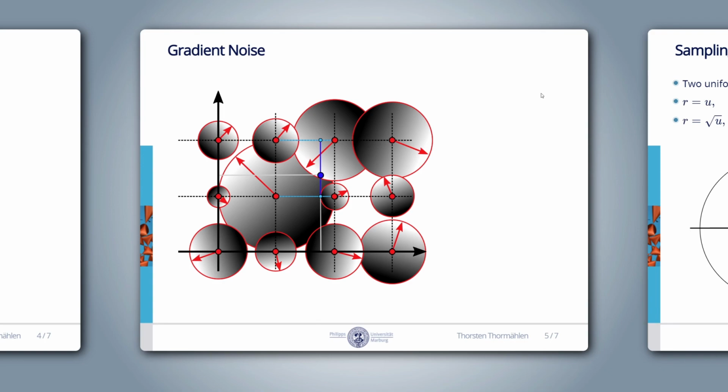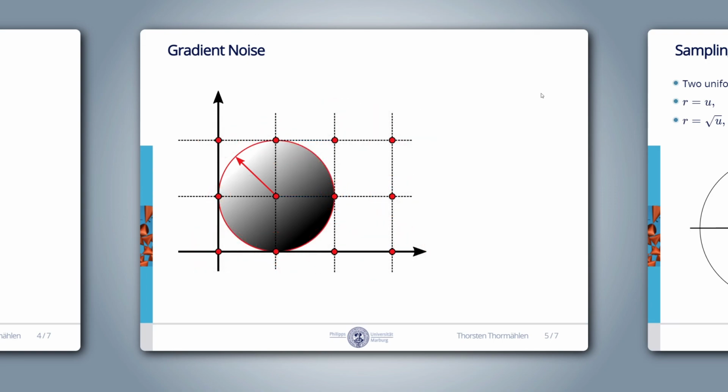How can we compute the gradient vector's influence at each position within the grid? Let's look at a single gradient. For simplicity, this gradient vector that we have selected has unit length. The value of the gradient's influence at each position can be computed with a dot product. The red arrow represents the random gradient vector and the blue arrow is the vector to the current interpolation point.